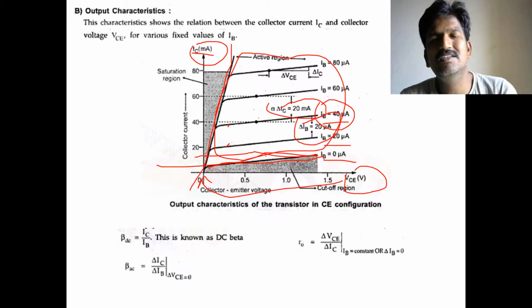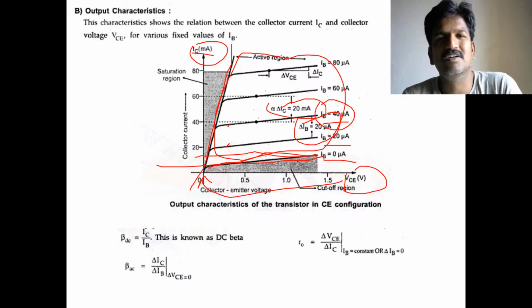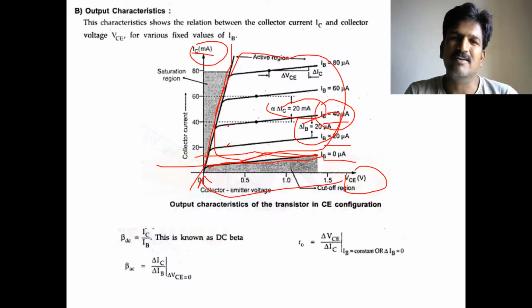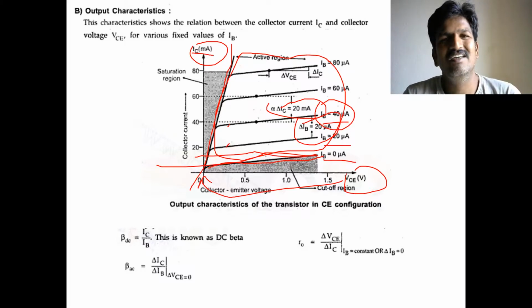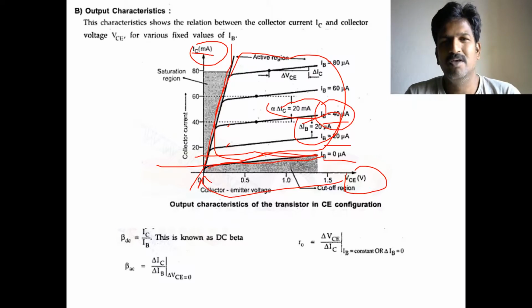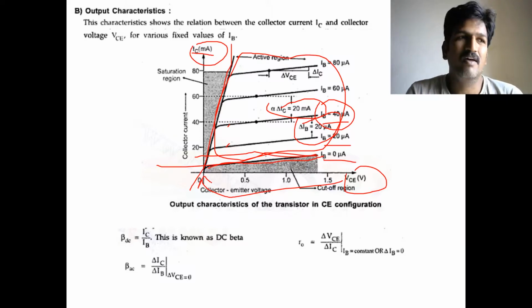Among the three regions of the construction of the transistor, base, emitter, and collector, the base has the lowest doping level. So the depletion layer which forms the diode between the base and collector is going to extend towards the base compared to the collector. So the effective area of the base terminal becomes reduced. When the effective area of the base layer is reduced, recombination of electrons and holes at the base becomes very less. So IB will become very less.